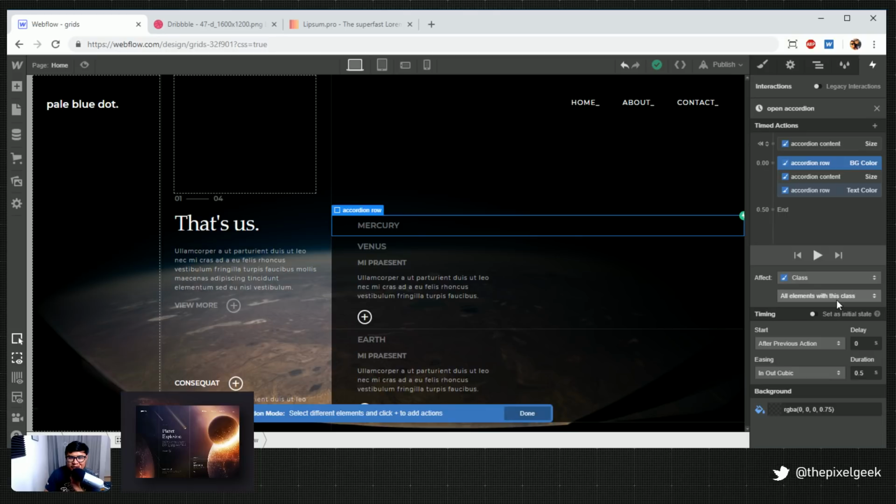Because this is affecting all elements with the same class name. I want to make it as easy as possible where you're just making one for all. So I don't know. I thought I knew how to do accordion.